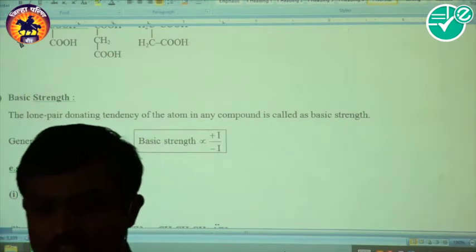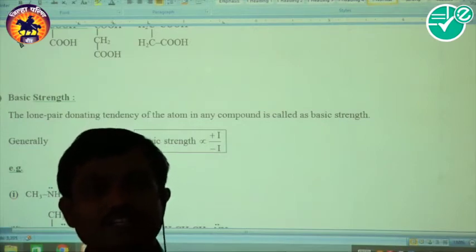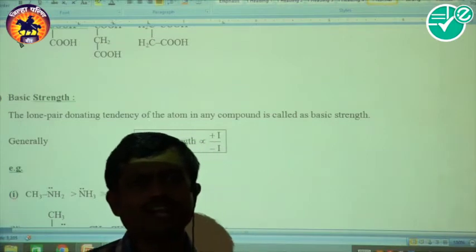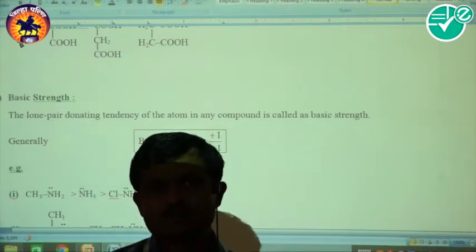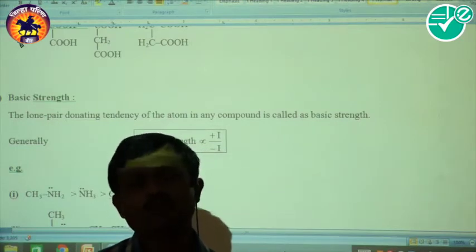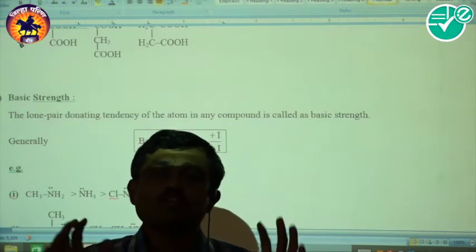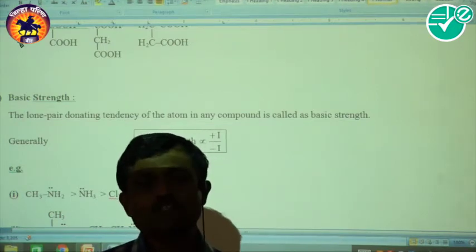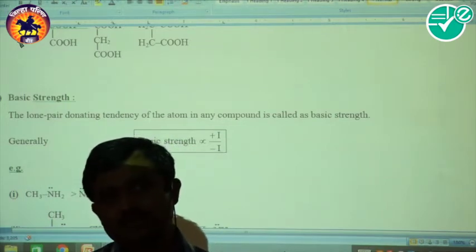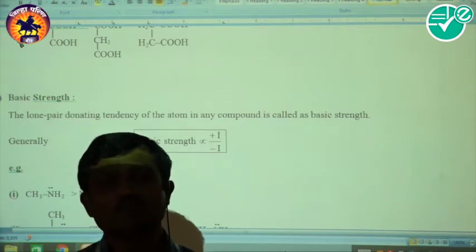That is because of the electron donating group. According to the Lewis concept, a base is a species which has a tendency to donate a lone pair of electrons. If some species gives electron density to that species, then it donates the lone pair more easily, because the source comes from the other species.